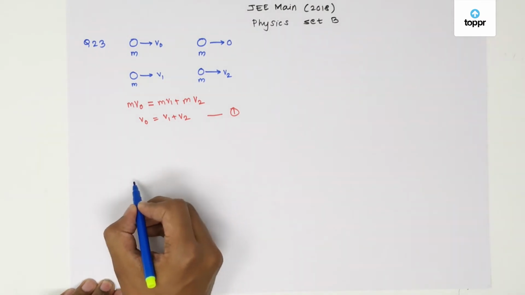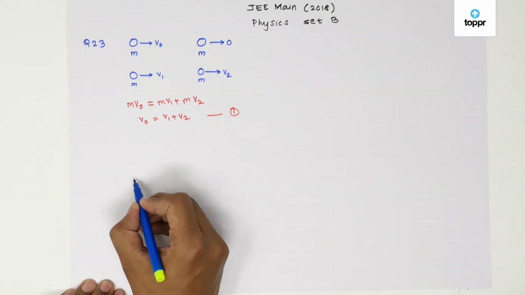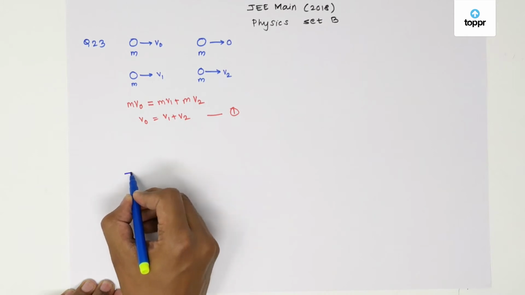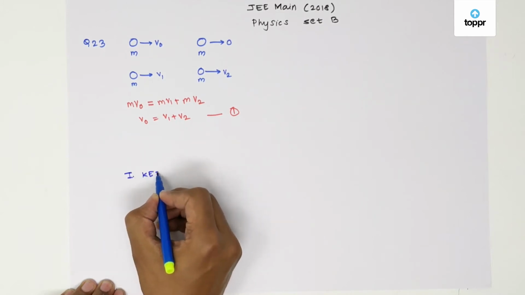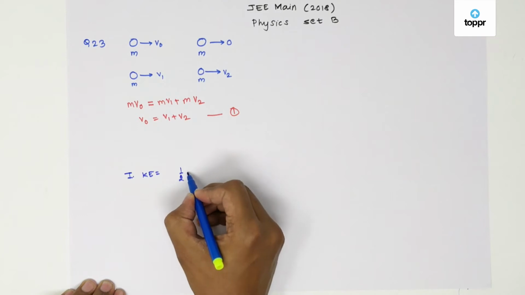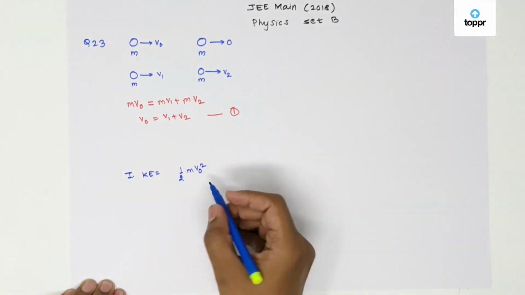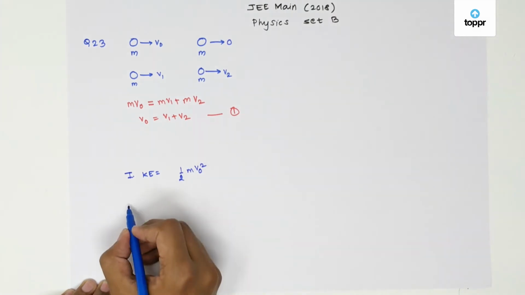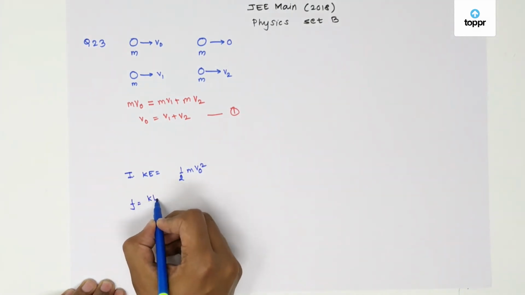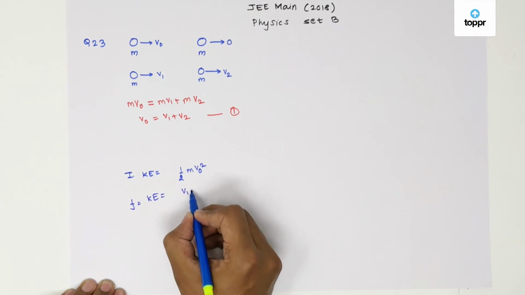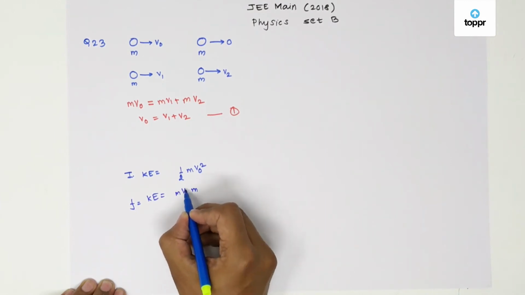So when we apply kinetic energy conservation, initial kinetic energy would be half of m v0 square, and the second body's kinetic energy is 0, so this is the initial kinetic energy, and the final kinetic energy is half m v1 square